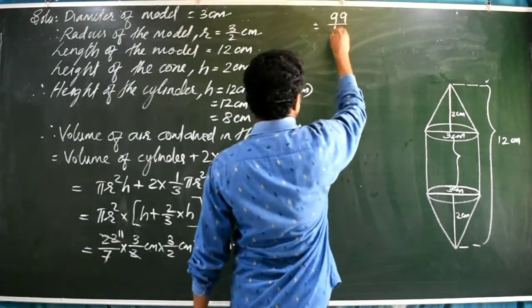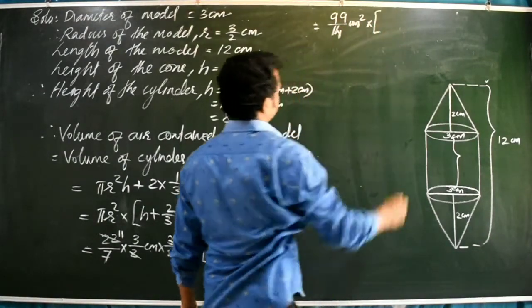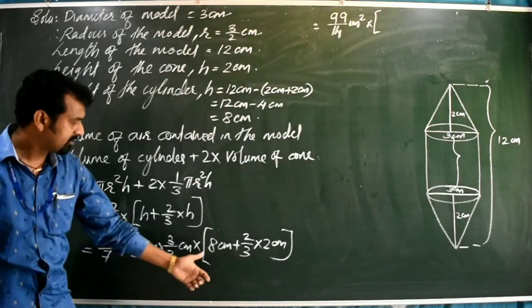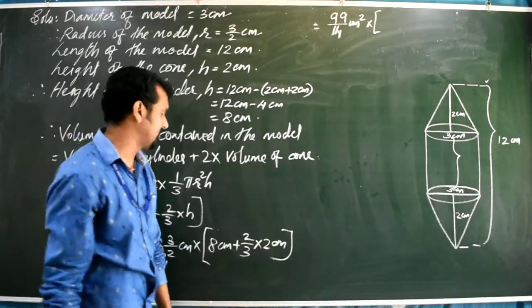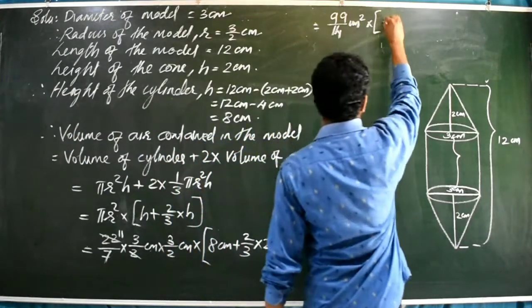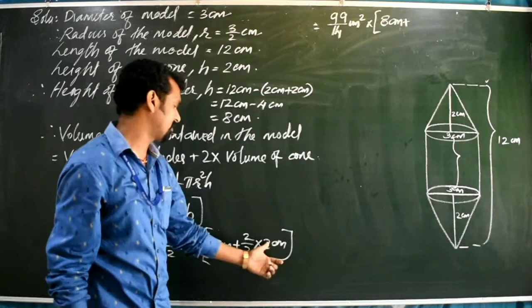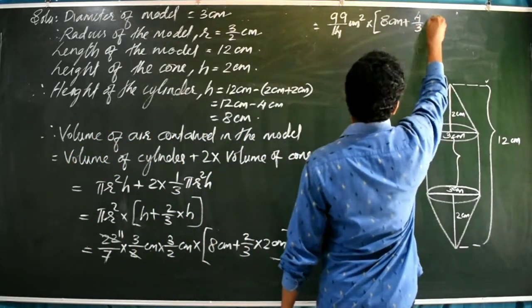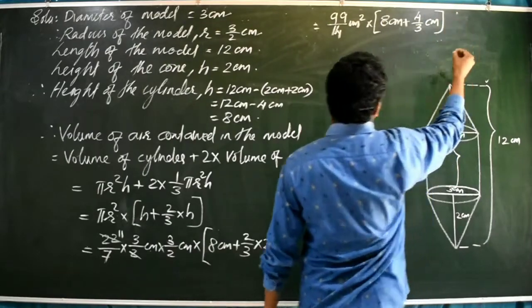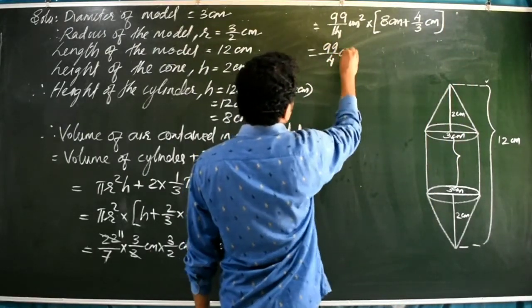7 twos are 14 centimeter square into, inside the bracket what is there? 8 centimeter plus 2 by 3 into 2 centimeter. That we can write 8 centimeter plus 2 by 3 into 2. 2 twos are 4 by 3 centimeter. Now inside the bracket we have to take LCM, that is 99 divided by 4 centimeter